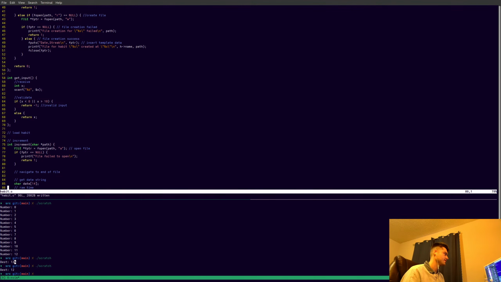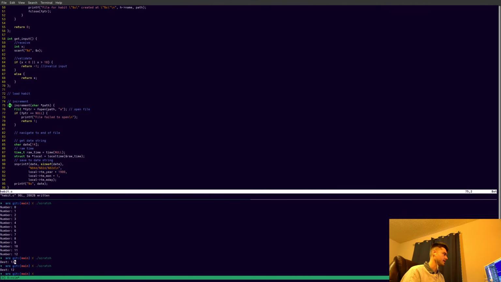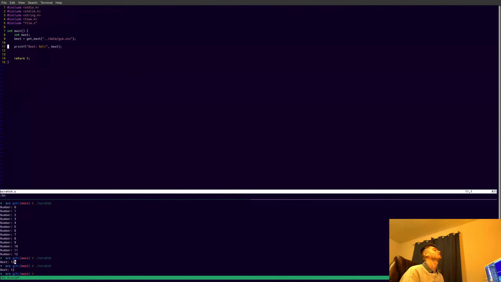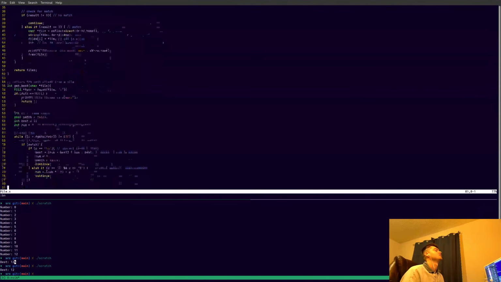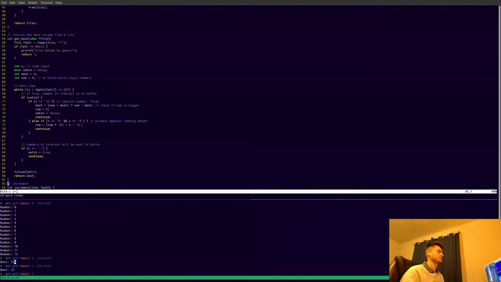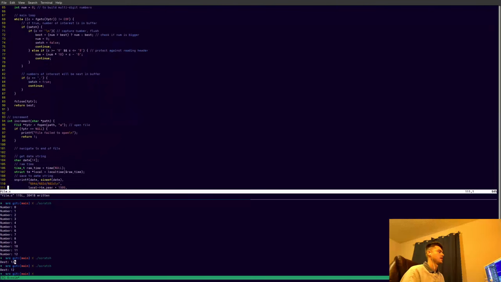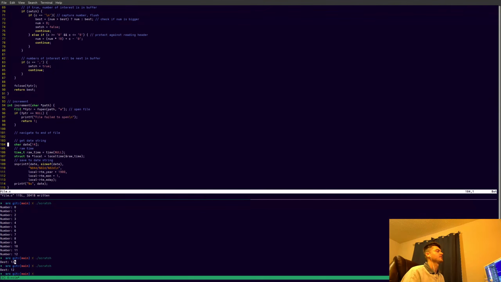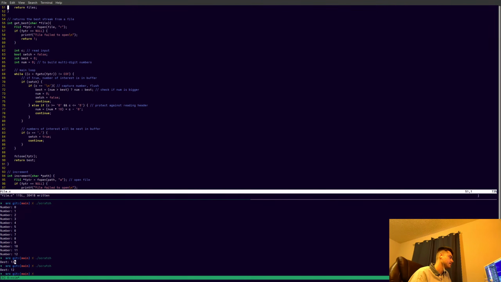Oh, I got the load habit, dude. Okay, so increment. Kind of want to put that in file as well. So increment. So it's, again, just file. Navigation in a file, dude. That doesn't work, bro. Oh wait, yeah. I forgot I have to do this too. That's okay. It's actually really easy. Okay, so I just need to do the same thing essentially,